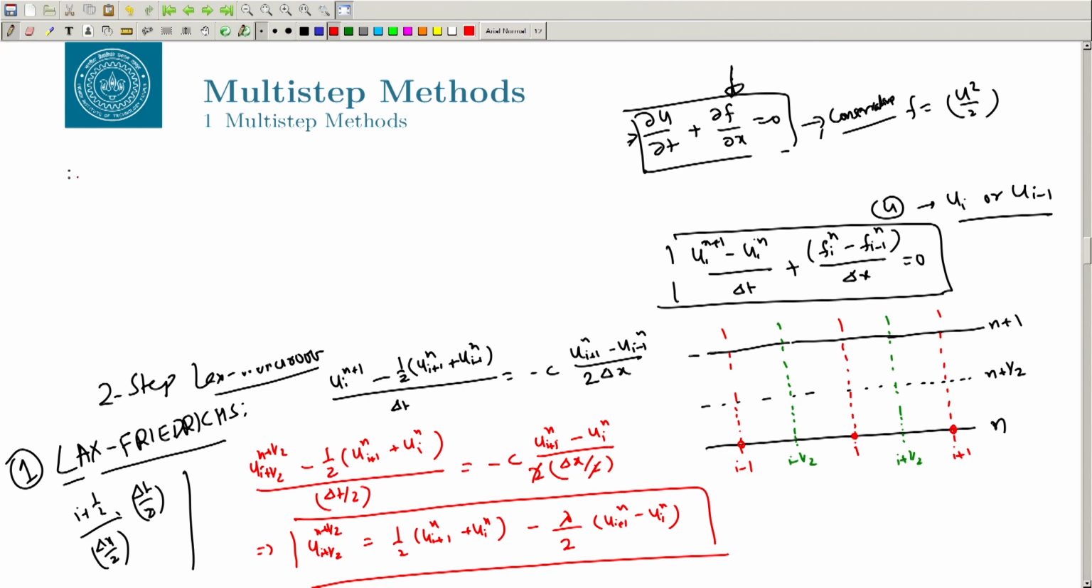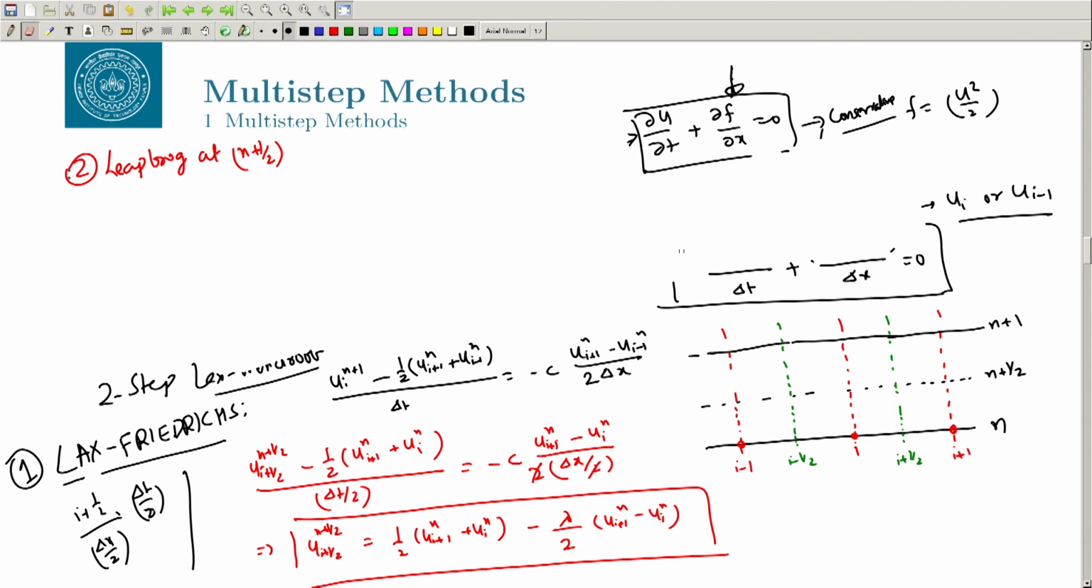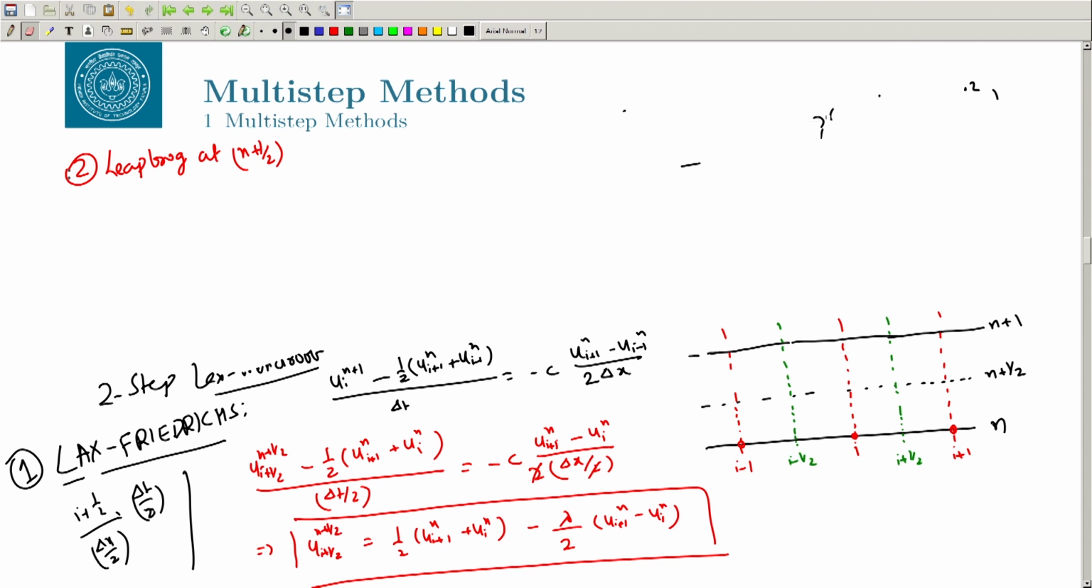Okay. So, step 2 will be the leapfrogging at n plus half. So, let us do the leapfrogging at n plus half, and so the leapfrogging scheme that you have, if you have a full stencil in the normal condition, your leapfrog scheme looks like